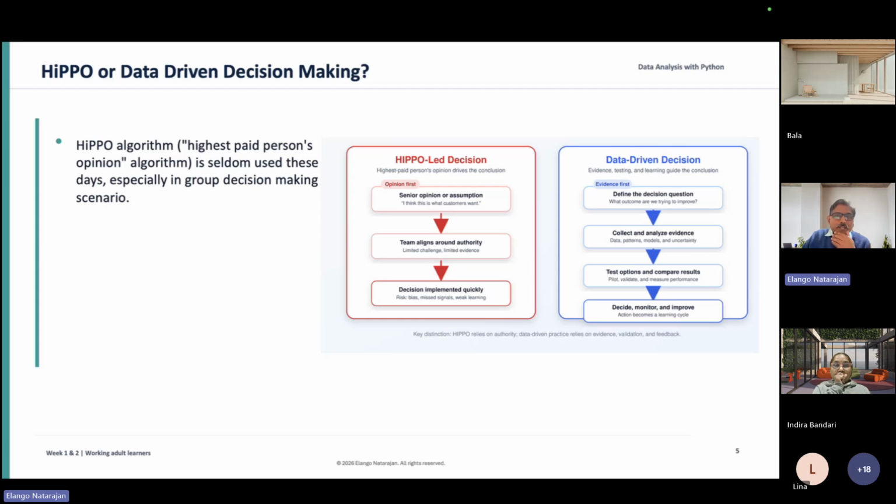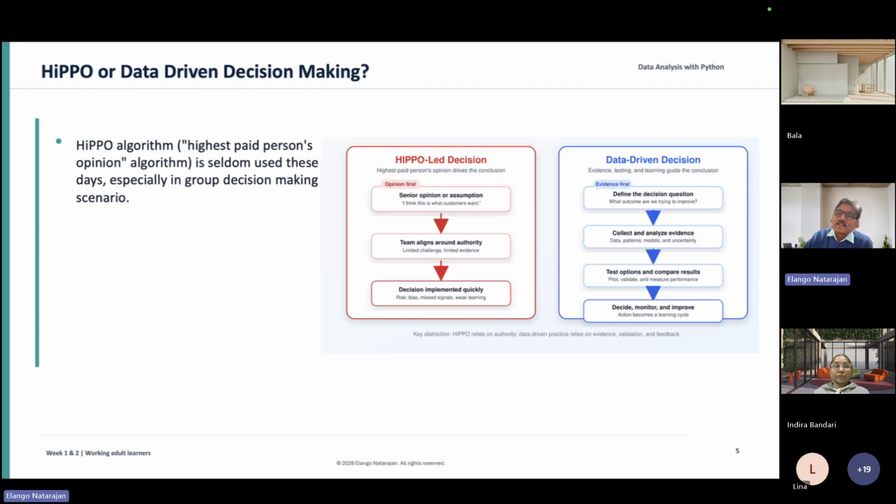This is what I explained to you: HiPPO-led decisions, where the highest paid person's decision is the final one. He may discuss with other people involved in the business, but sometimes he may not involve other people. So this is how it was. This strategy we are not following these days, and we have moved to data-driven decision making,